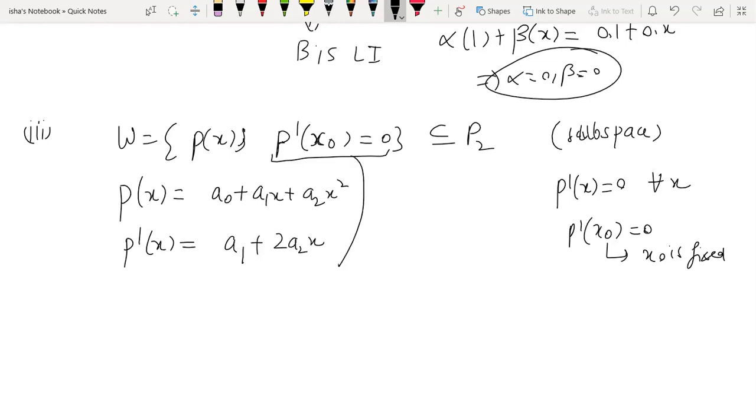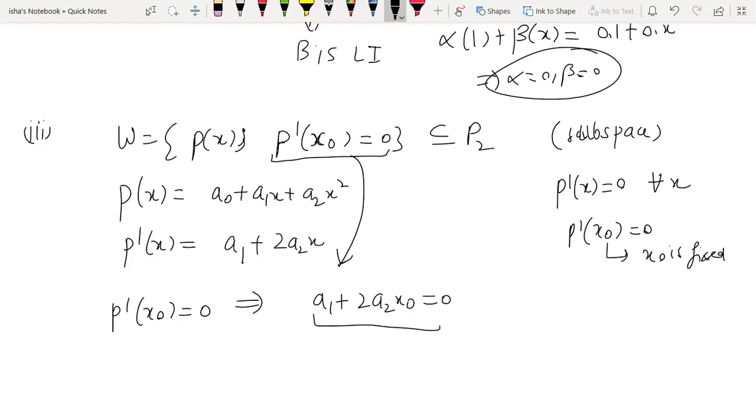So now you put this condition that P dash is becoming 0 at a particular point x naught. So in place of x, you put x naught. In your tute sheet, you will find the question where you are given the value of x naught equal to 1. So what you have to do here is just put that value, x naught equal to 1. Every question of that kind will be covered in this category. That is why I have taken a general point x naught. You might be given a numerical value of x naught.